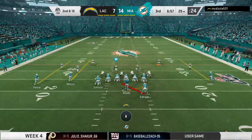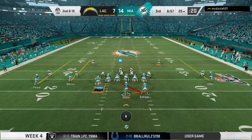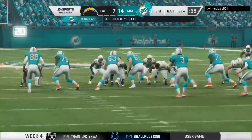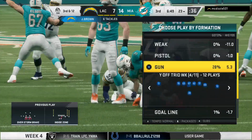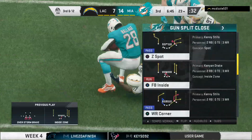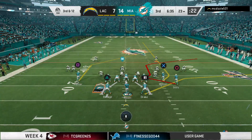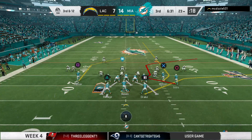An incomplete pass leads to 2nd and 10 from the 25. Now Balaj. And that'll hurt the average a bit as this time they're able to get him behind the line. He lost 2 there, and it's 3rd down. And that's what this defense is going to need to do more in the second half. Good pressure that time, forces some indecision in the backfield. He's going to wind up being taken down for a nice loss. Strip that ball. Hey, quarter, switch